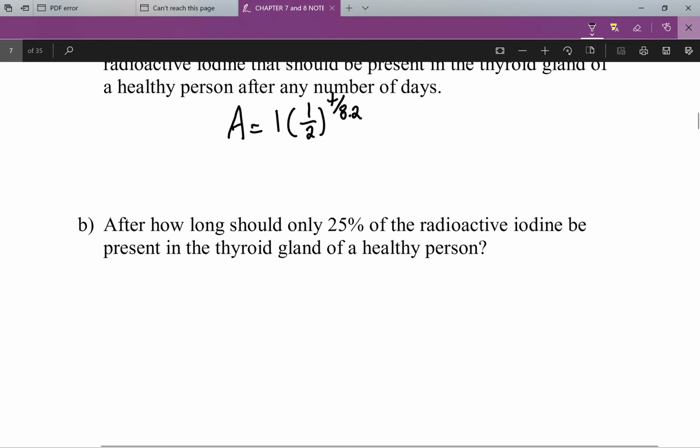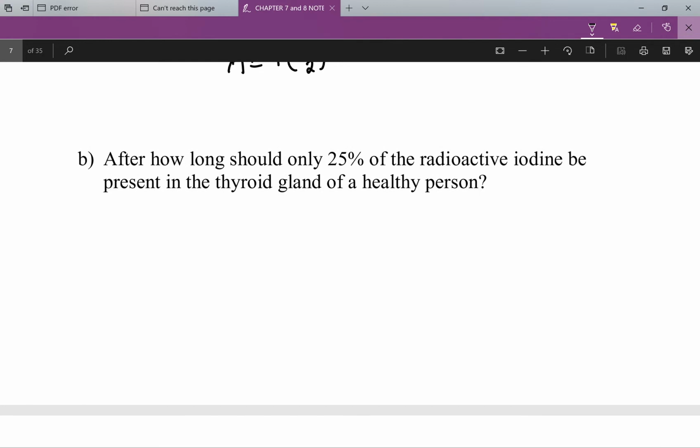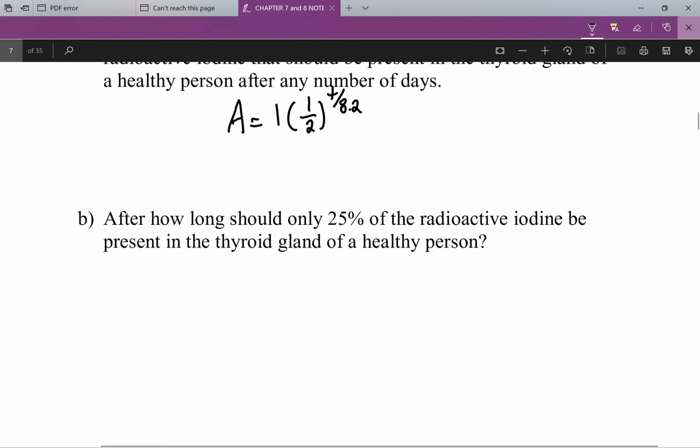Now scrolling down: after how long should only 25% of the radioactive iodine be present in the thyroid gland of a healthy person? So going back, I have that formula that I used before. Now, since we have that 25%,